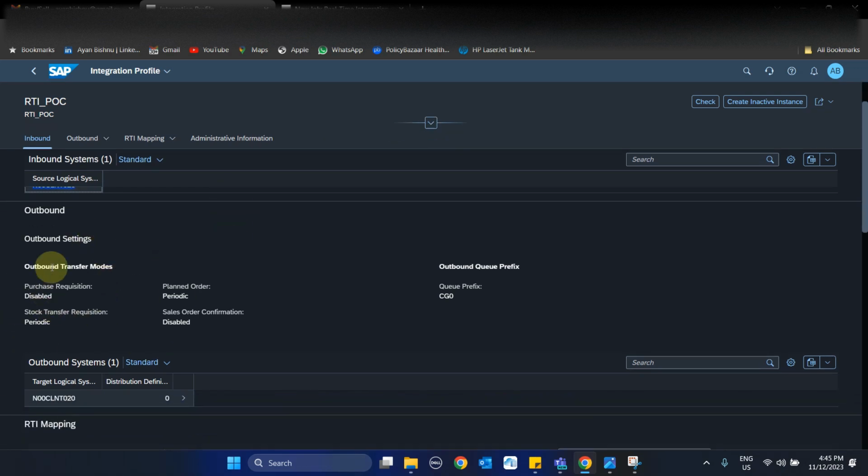Here, since this is for testing, for the transfer modes I have for now disabled purchase requisitions and sales order confirmation, but I have enabled planned orders and stock transfer requisition, because that is a part of the demo that I need to cover. And you see in the outbound queue prefix I have used CG0. The reason why I have only selected CG0 is because